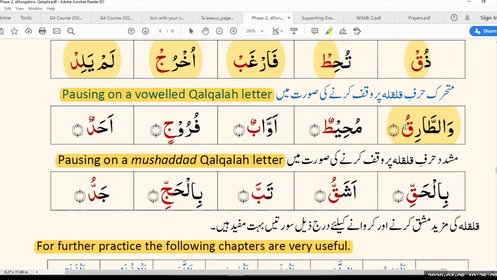How do you make a pause? Okay, so try and make it a thick letter. Try and feel your throat. You should be able to feel a difference when you say this letter. Yeah, that was much better. Next one.